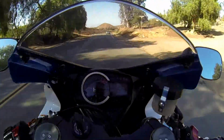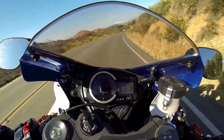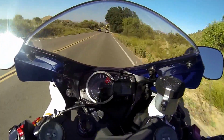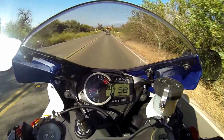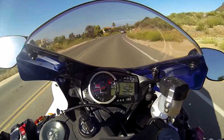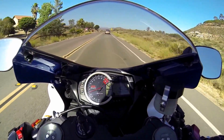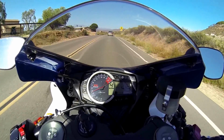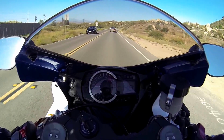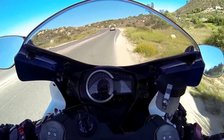But most of my commute to work is all city driving, through traffic and whatnot. The few times I have taken this out on the highway, it's in 6th gear at 5,000 RPM at 70 miles an hour, and I don't have to downshift. If I do, it's to 5th, even though I really don't have to, and it blows right through cars. It'll move right around semis. I don't really like riding next to them or by them, because I understand it's hard for them to see us, and they also take a lot more time to stop. So I try to get away from them as much as possible, and blasting around them is no problem